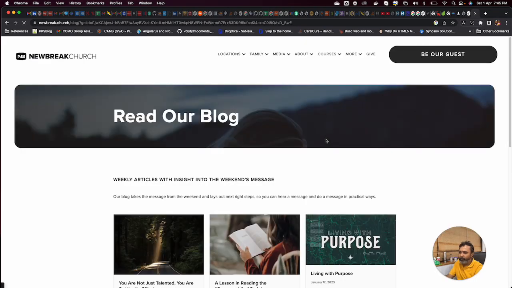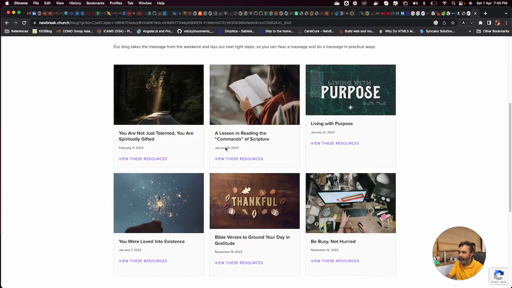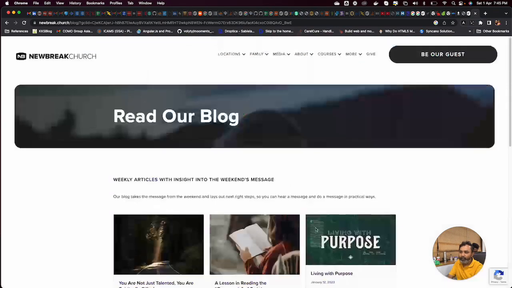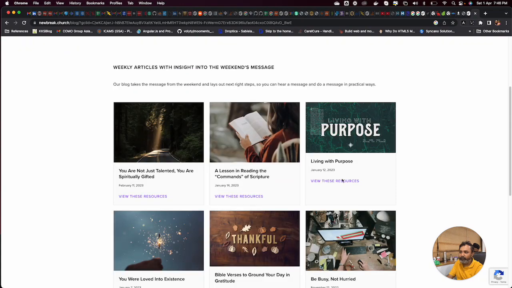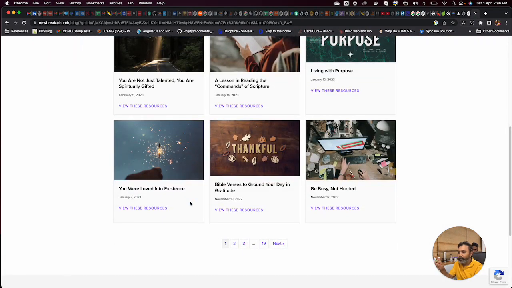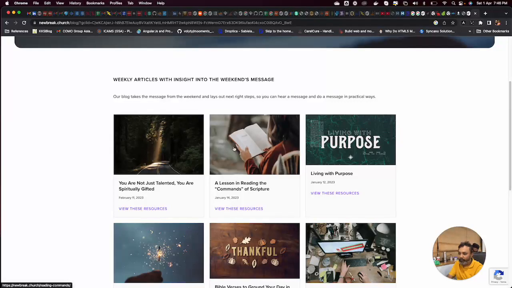This is a blog site, one sample blog, like a New Break Church or some website like that. A blog will be like this: a list of articles will be there. On the home page, they will be showing recent articles, and there will be pagination. We need to do pagination, and there is a box content. In this box content, you have a title,